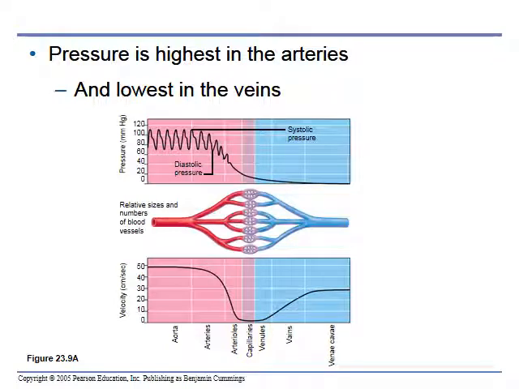Blood pressure is highest in the arteries and lowest in the veins. And so if you think about it, that obviously makes sense. The arteries carry blood away from the heart and the veins carry it away from the tissue. Well, what happens in the capillaries is there's virtually no pressure at all. It comes down to osmotic pressure to the point where fluids can actually flow back into the capillaries, which is